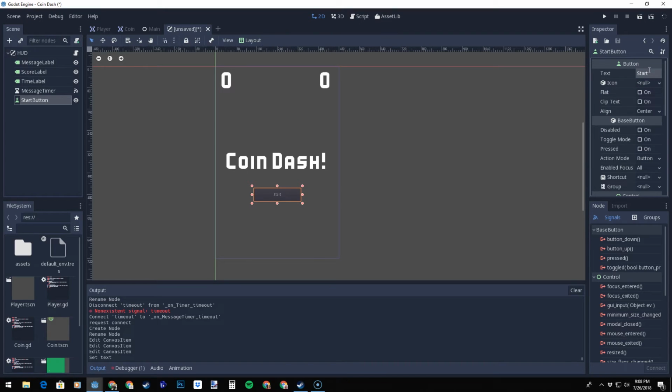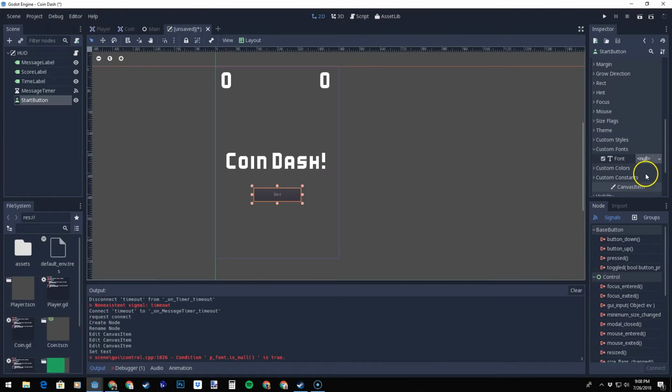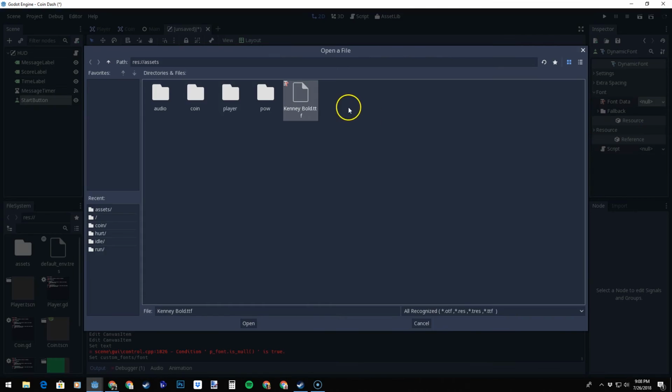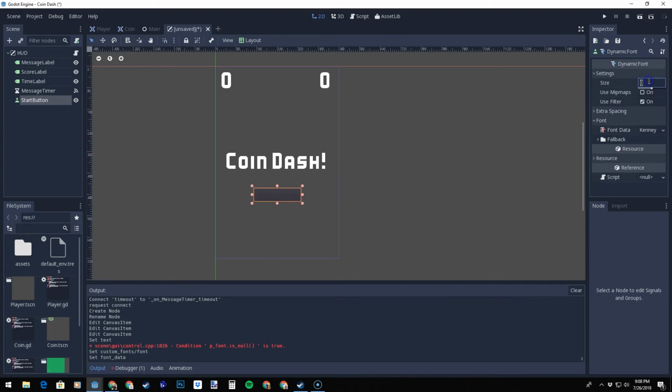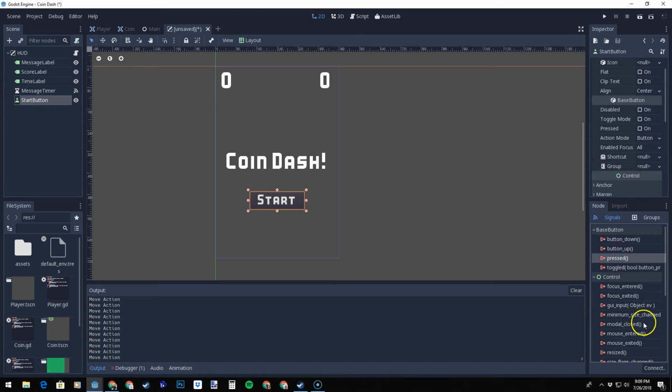And of course the default text is real ugly, so we're going to put in our special font again. Don't forget, of course, to set the size. Let's do 30. That looks good. Alright, and that is our heads-up display. That button right now, when you press it, it's not going to do a thing. So we're going to have to connect